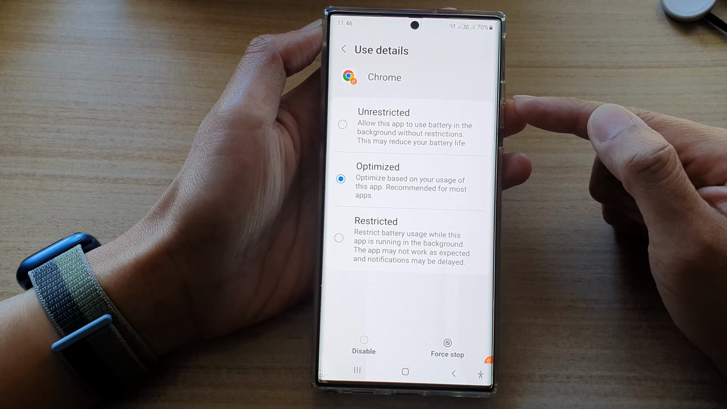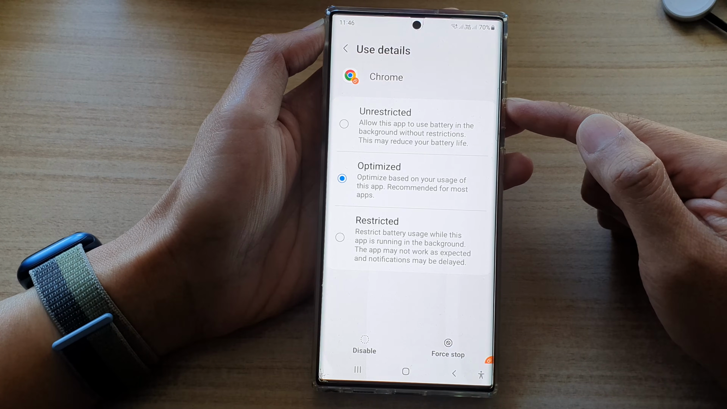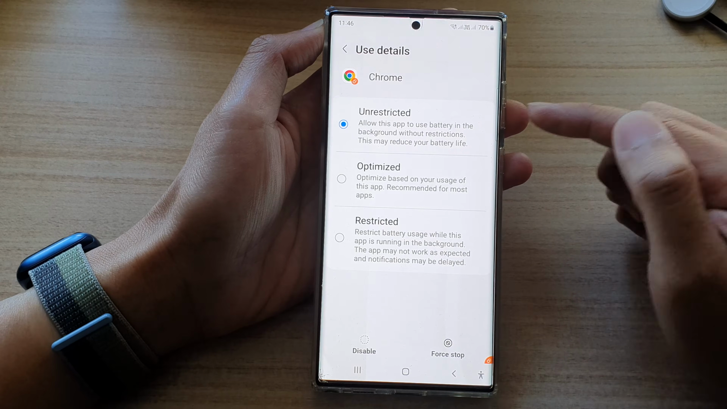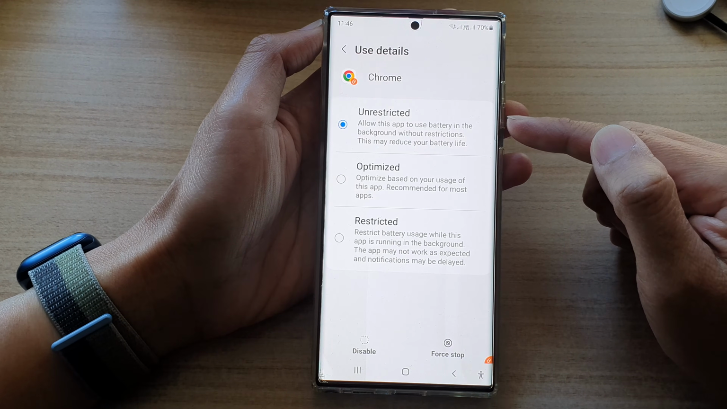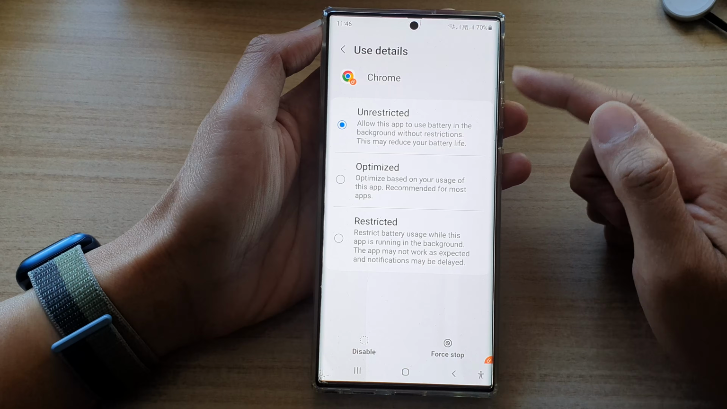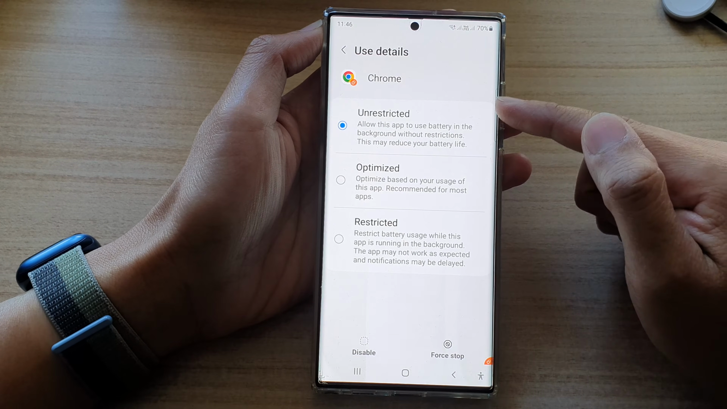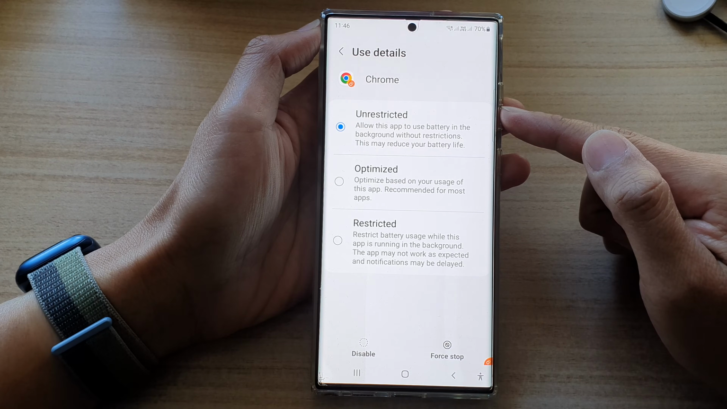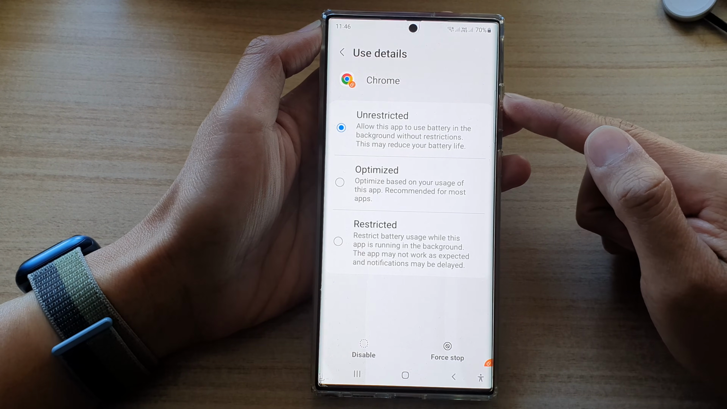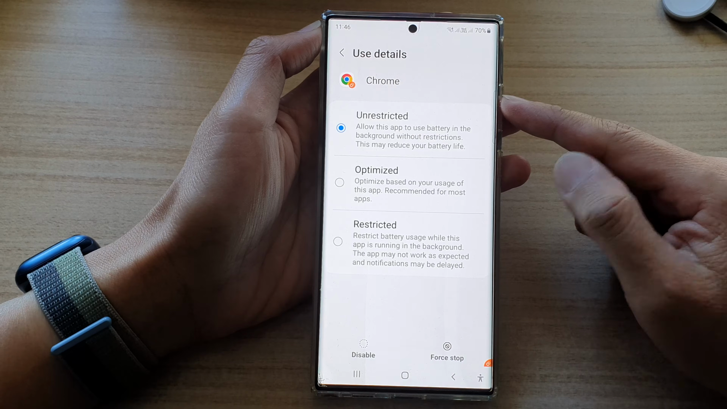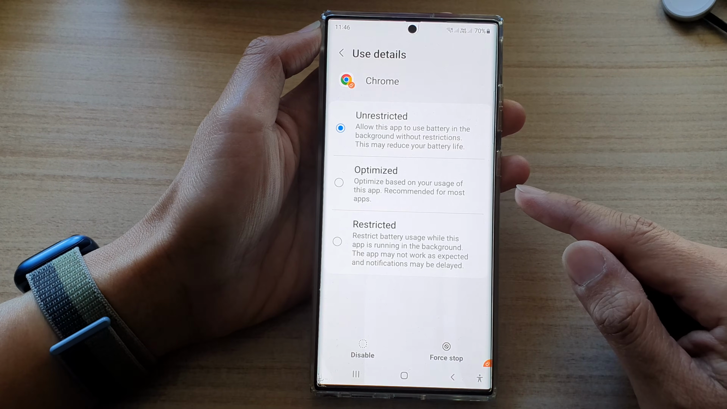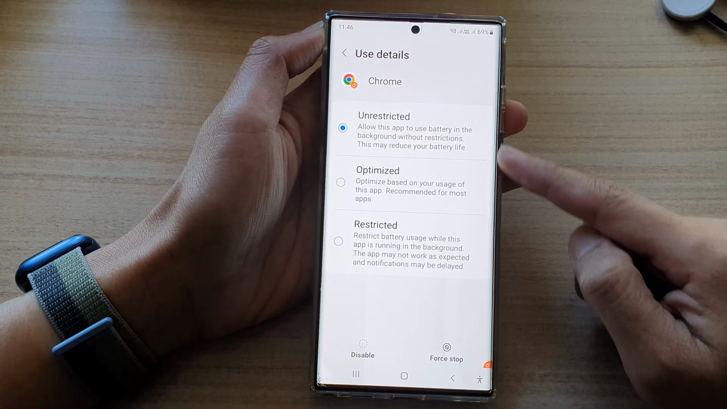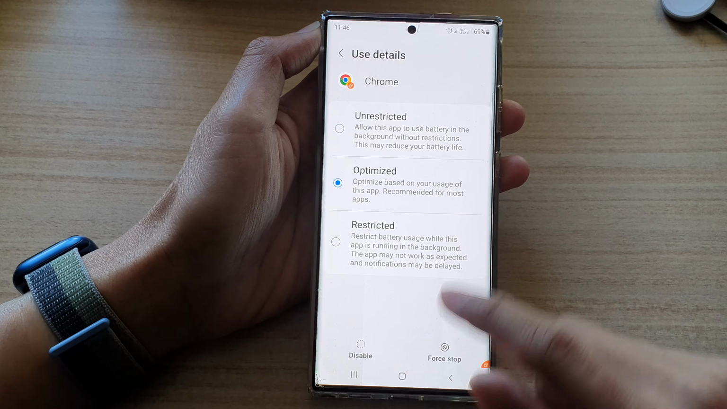Now, if you want the app to run at its best performance, then you might want to choose unrestricted. However, choosing this option will cause your battery life to deplete faster. That's because the app will always try to use the most CPU, and therefore the battery will go down quicker. So with these three options, you can select one of the three options, and finally you can tap